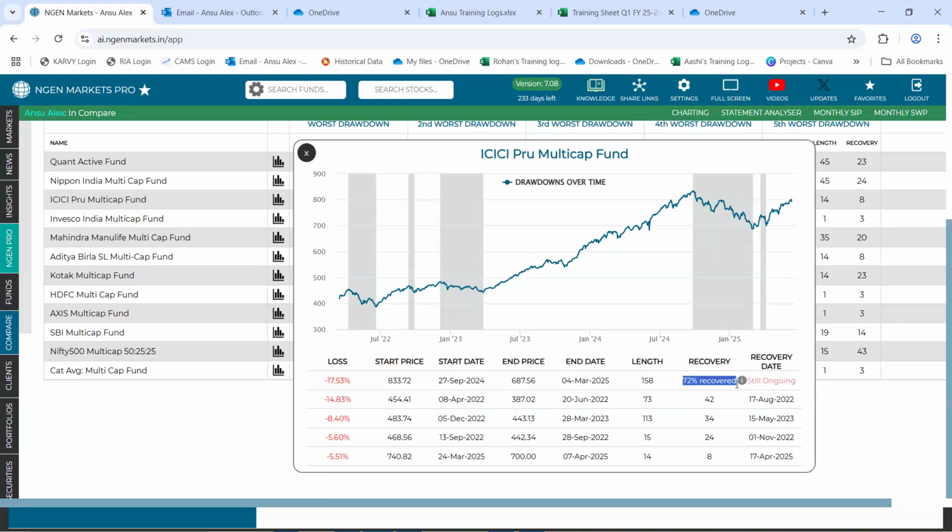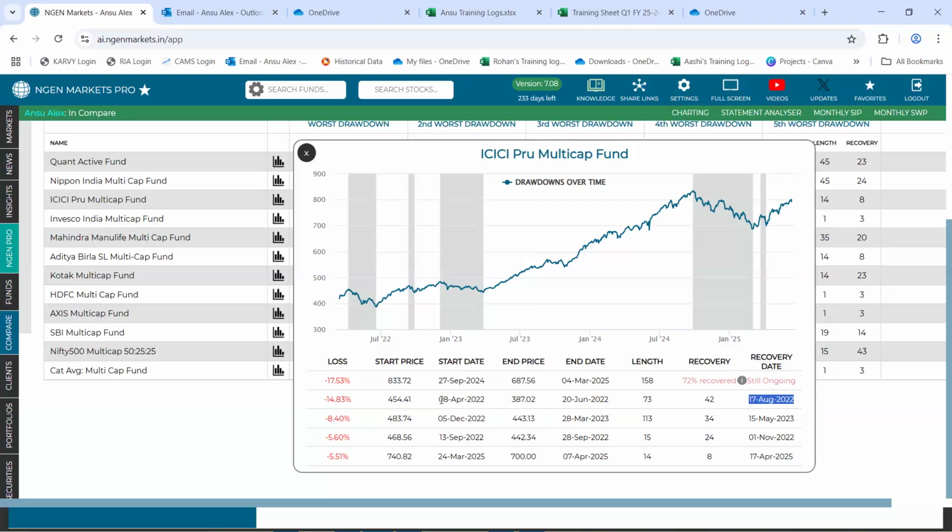However, at the moment, this loss has not yet been recovered. Only 72% of this loss has been recovered, and hence the loss is still ongoing. Once it has completely recovered from this loss, we mention the number of days that it took to recover. In addition to that, we also show you on what date the recovery happened.